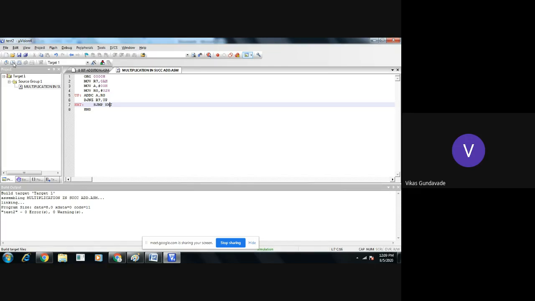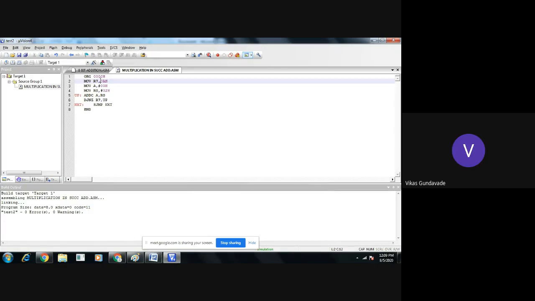Now see, after making the corrections, there are 0 errors and 0 warnings. Still the program will not work. Why? Because in this program we are writing DJNZ R7 comma UP, so we are decrementing the contents of R7. The contents available in R7 should be 0A, but in the instruction we wrote MOV R7 comma 0A directly.